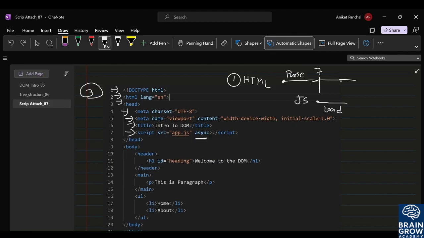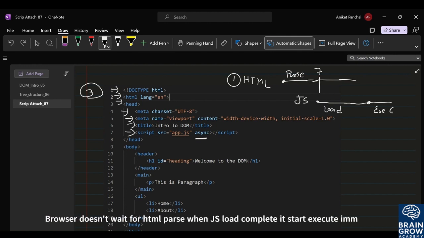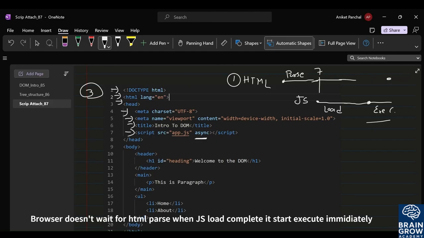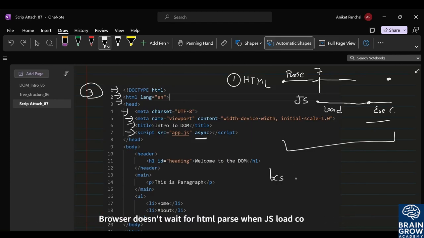So parsing continues and simultaneously loading also continues. But suppose the HTML file is not parsed completely, and our JS takes execution after it completely loads, then an error can occur because our HTML file is not fully parsed. So here we can reduce our time, but it is not a feasible solution, because